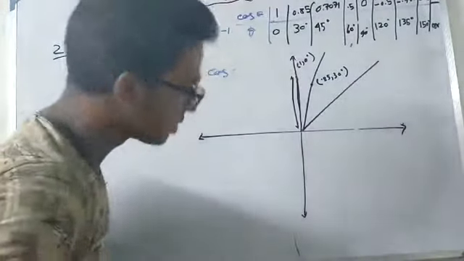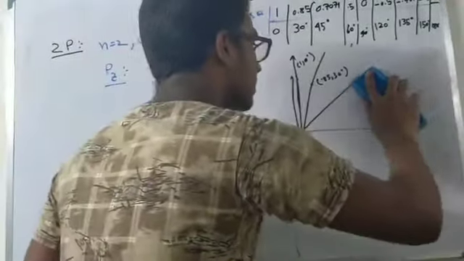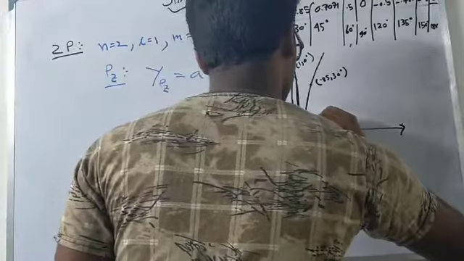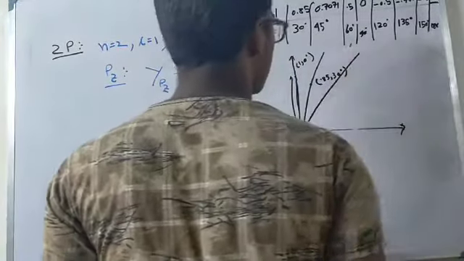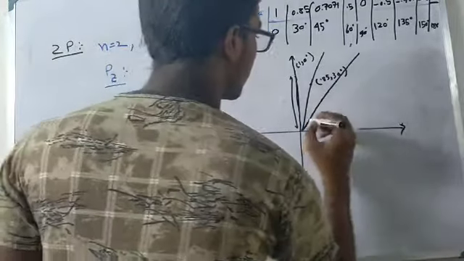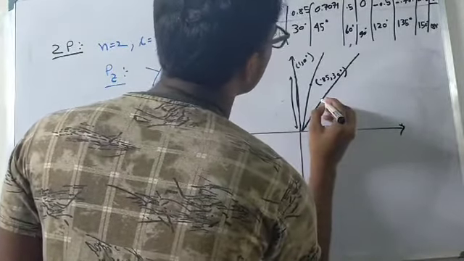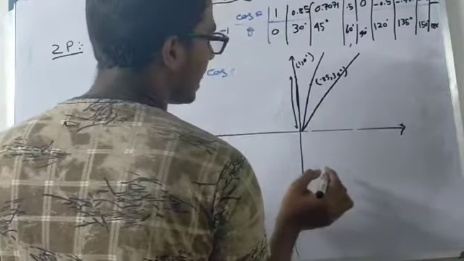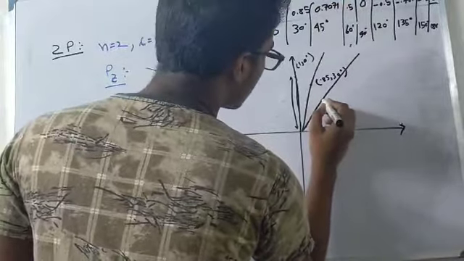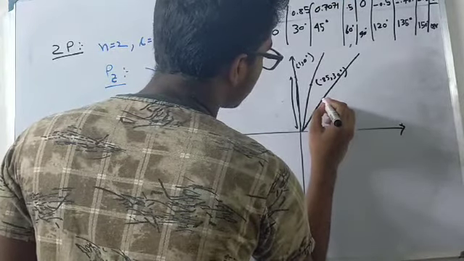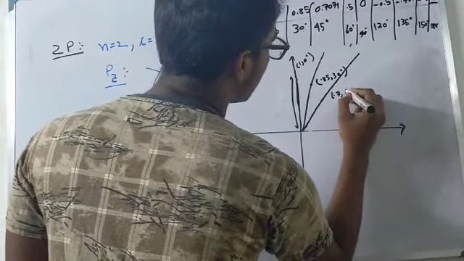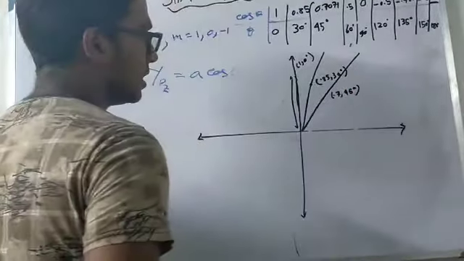I'll not take this line as 45 degree because I have to also draw a line for 60 degree, so that's why I will make the line a little bit closer. So if this distance is 0.85, then for the 45 degree angle, let's say the value is 0.7. So if I take this distance, this is 0.7 comma 45 degree, and if I